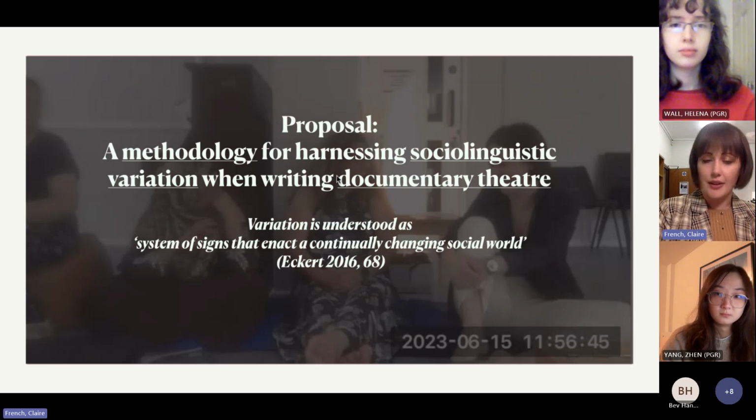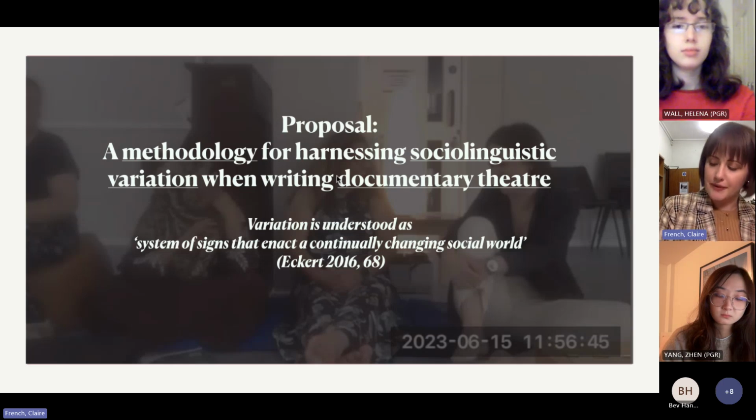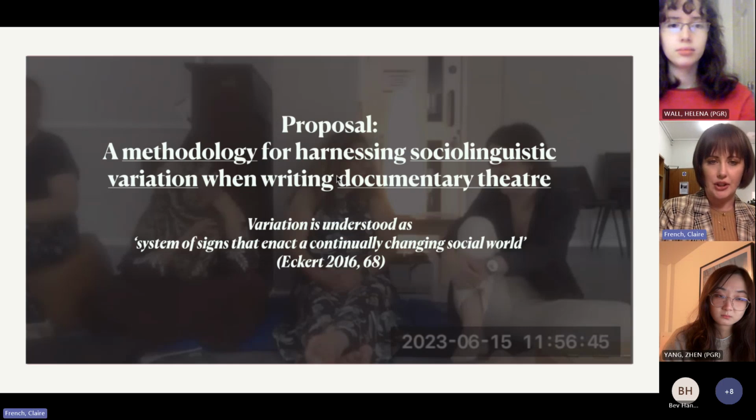This definition follows the third wave of variation to go beyond the idea that variation originates as an outcome of social stratification.